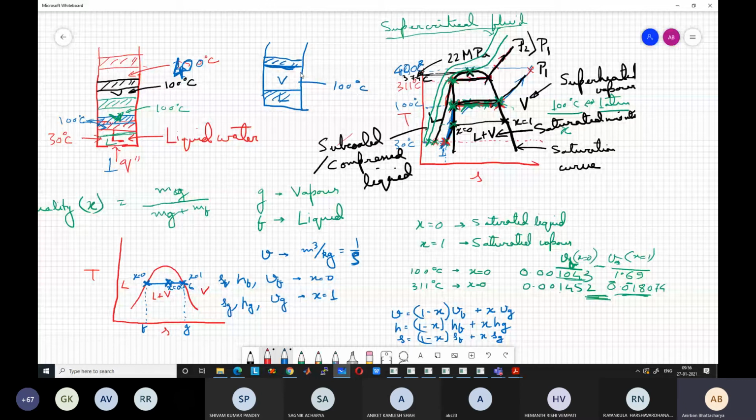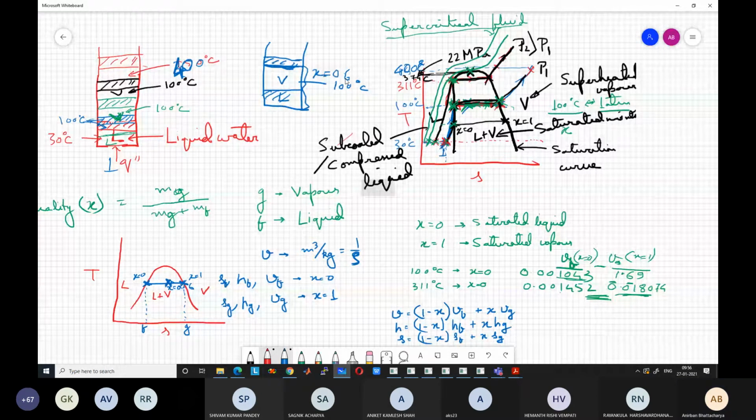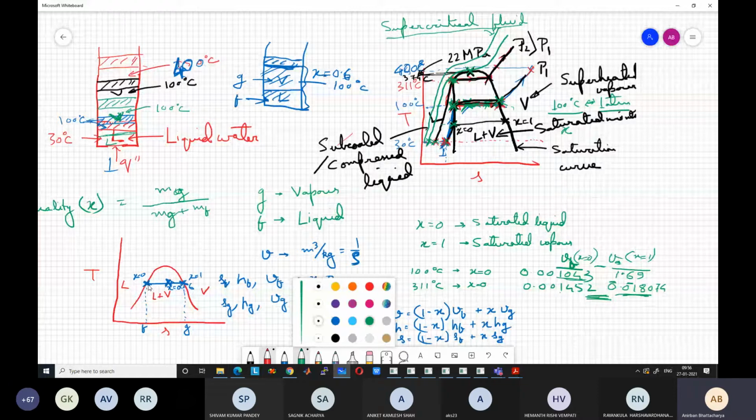Quality will be determined by seeing the mass fraction of vapor, the mass of the vapor divided by the total mass. So this is the quality. The liquid that exists at any point in between quality 0 and 1 is always at saturated liquid condition, and the vapor that exists is always at saturated vapor condition. The state of the liquid and vapor does not change. This is a very important point to understand. So anywhere during boiling, when the process is going from point 0 to 1, the state of the liquid and vapor are not changing. The liquid is always at this point and the vapor is always at this point.